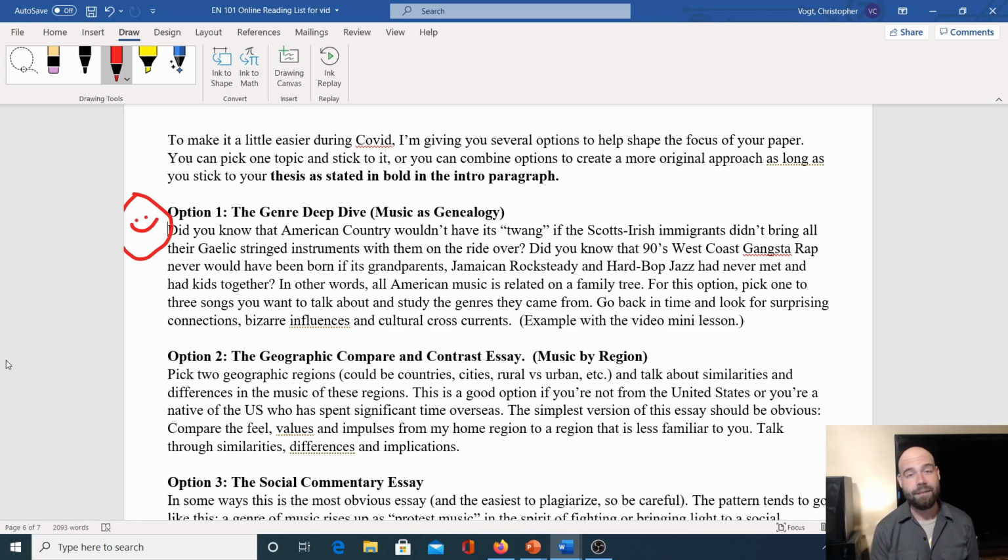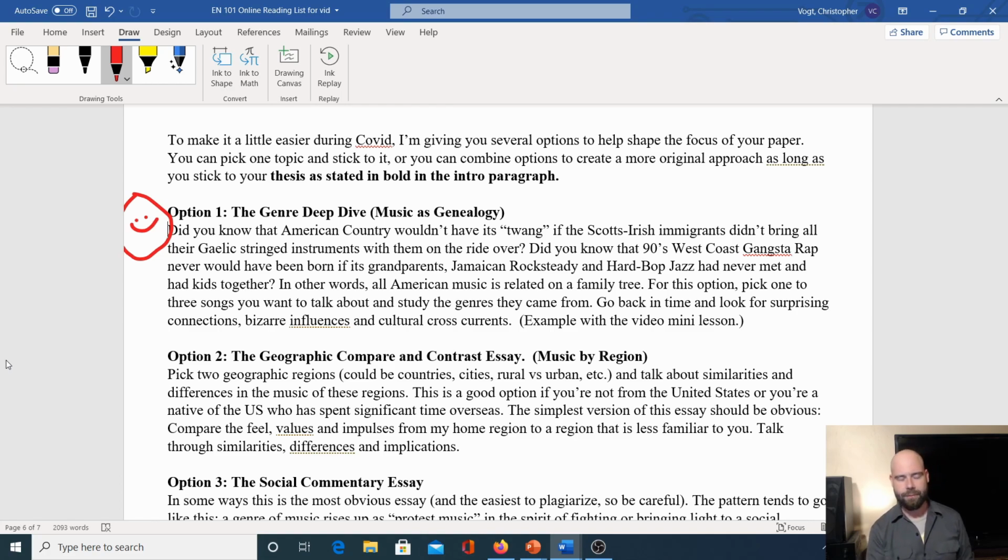I picked that topic because somebody else wrote on it and got a full A. Another student got an A by figuring out that sweet spot of early to mid 90s West Coast gangster rap. If you're aware of that as part of the American mythology of hip hop, you understand how important that movement was. That never would have happened if you didn't get the East Coast hard bop jazz mixed with Jamaican rocksteady, which is a precursor to reggae music and dance music,